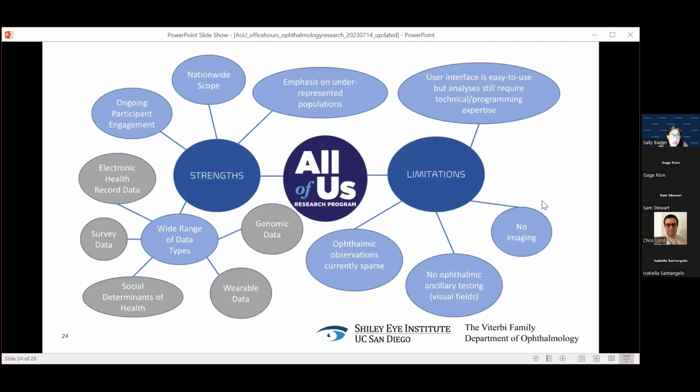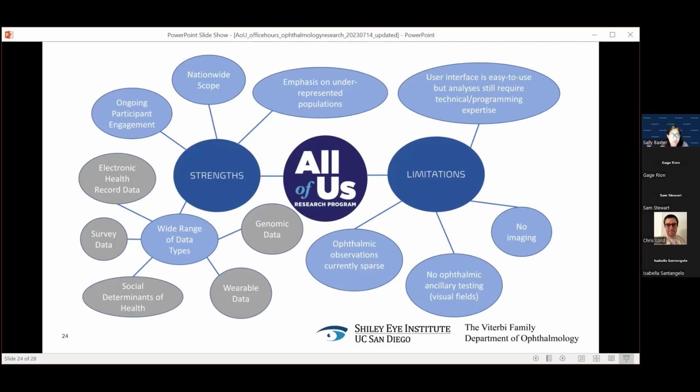So just to go over again, I know I mentioned some of this as we went along, but I feel there are so many great strengths to working with All of Us data. One is this ongoing participant engagement. So you're getting growing enrollment over time and new data types being added. When the Researcher Workbench was first released, for example, there wasn't a social determinants of health survey, and that was added later. We've also done work with the